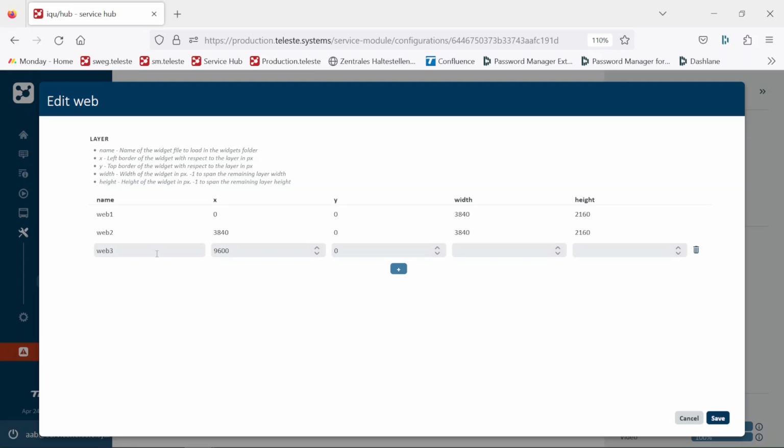This time we have less space, actually half the width of the other two web widgets. So we will need to give it 1920 pixels. Again, 2160 pixels to fill the whole website from top to bottom. Click somewhere outside, click on Save,